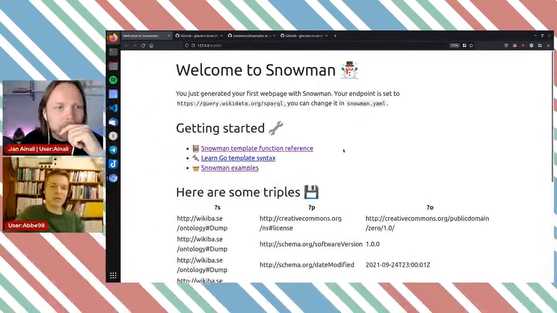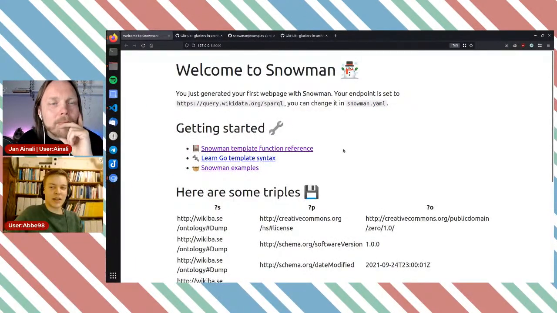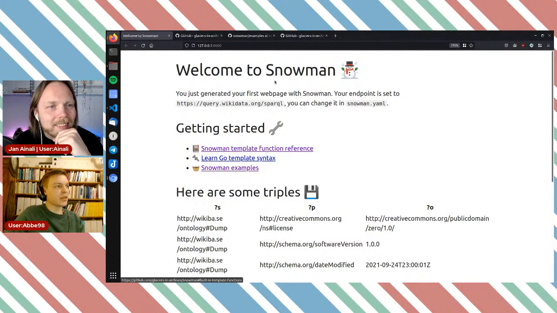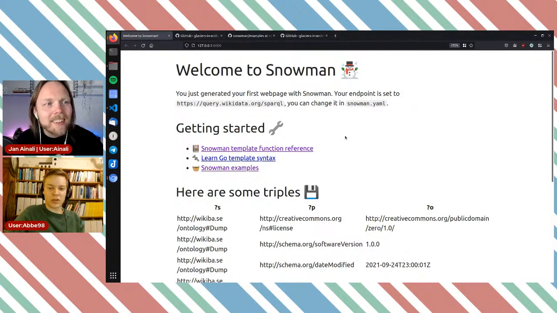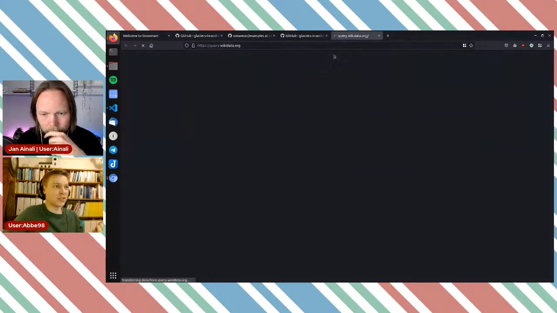I have been looking a little bit for inspiration in Wikidata, and I kind of feel like writing a query for artworks, in particular for artwork from the Swedish National Museum, because I'm rather familiar with the data, so I think that's a neat thing to work on today. Because Snowman is based on a query and just renders it like this, the first thing we're gonna do is make a query in the query service and retrieve some data we want to be able to make pages about.